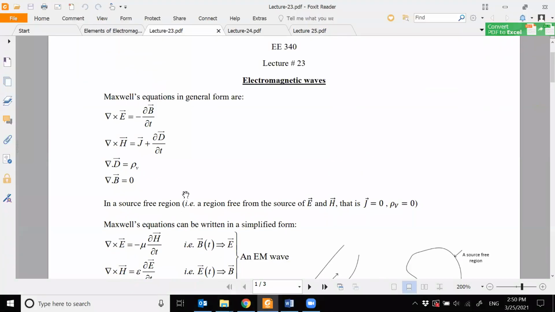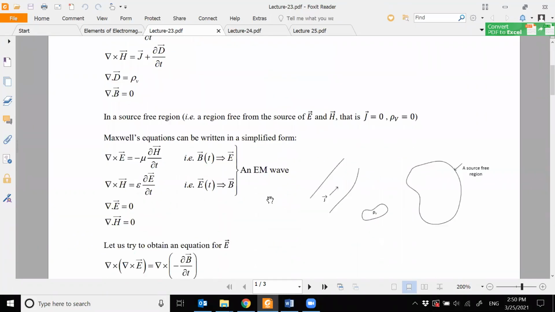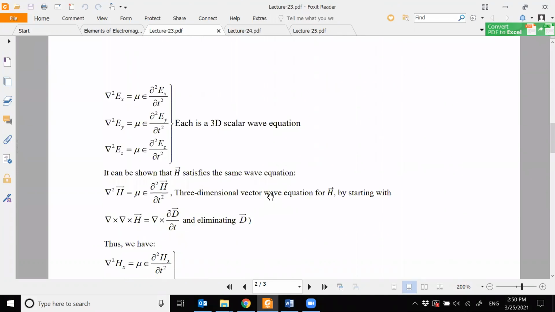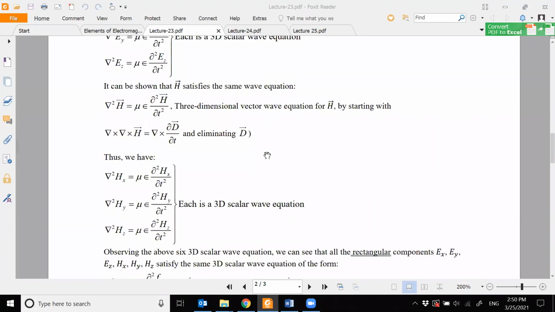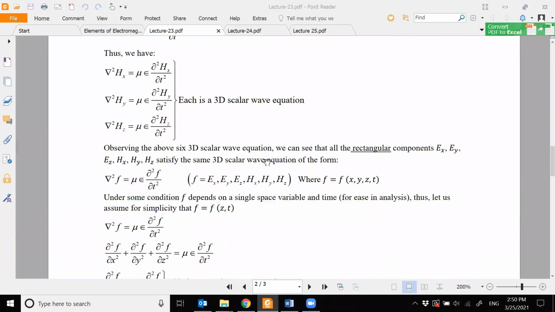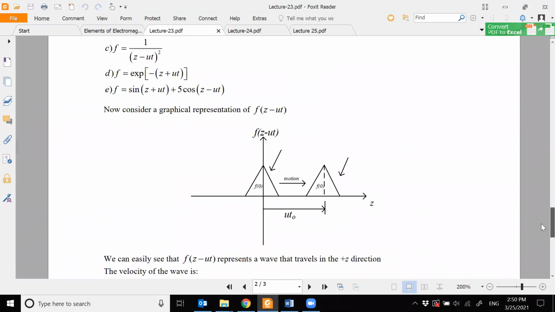Let's start. As you can see, in the last class we looked at our electromagnetic wave equation, and we saw that the solution, whether for the electric field components or the magnetic field components, follows this kind of differential equation, and its solution is in the form of z plus or minus ut, right? And then from there,